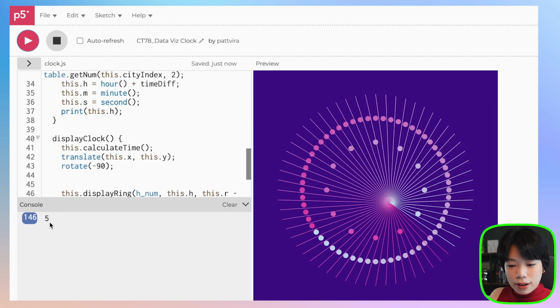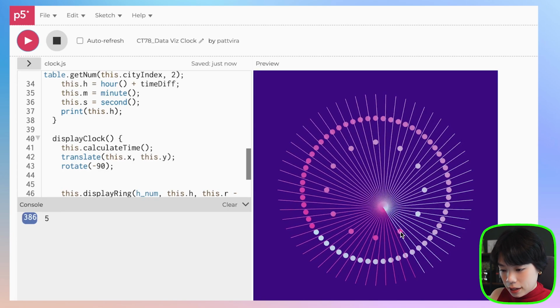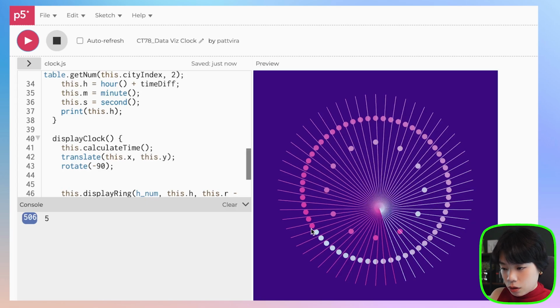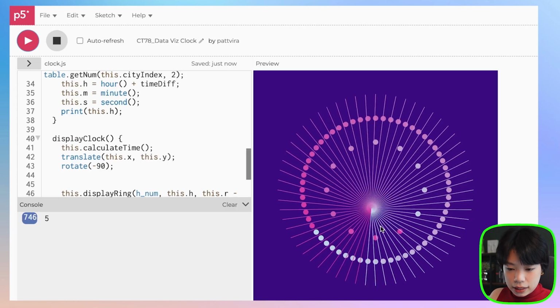All right, so it's at 5 o'clock. And now our clock is updated accordingly. So it's 5 a.m., 40 minutes and 30 seconds in London. This actually worked for most of the times, but if you come back to time zone here, you can see